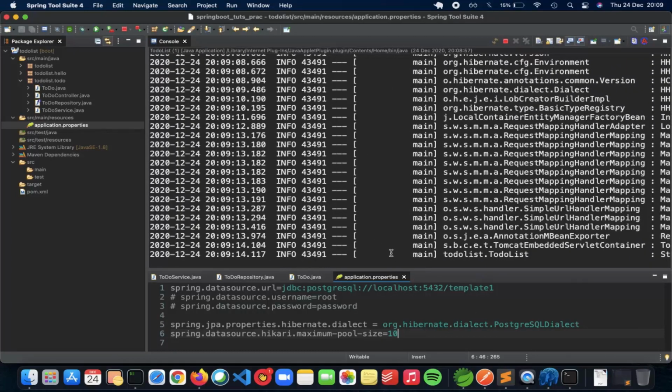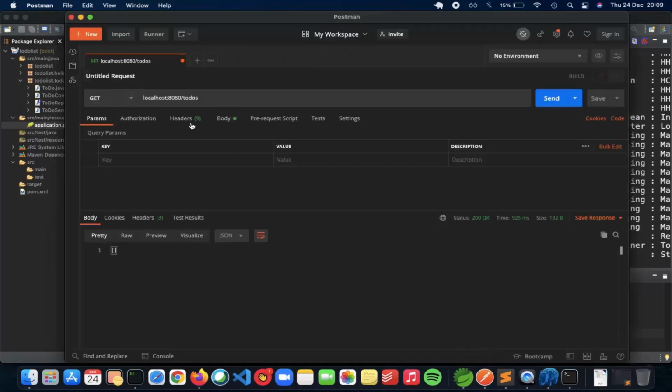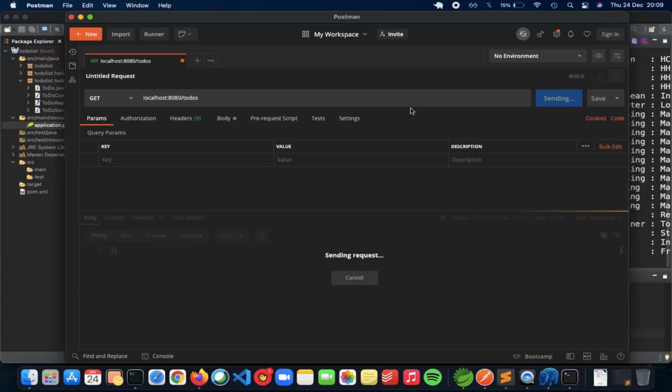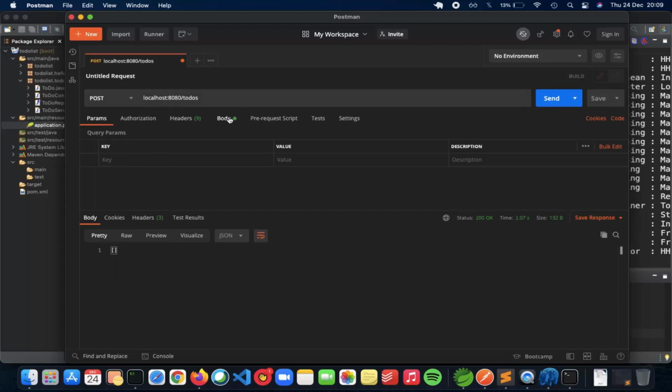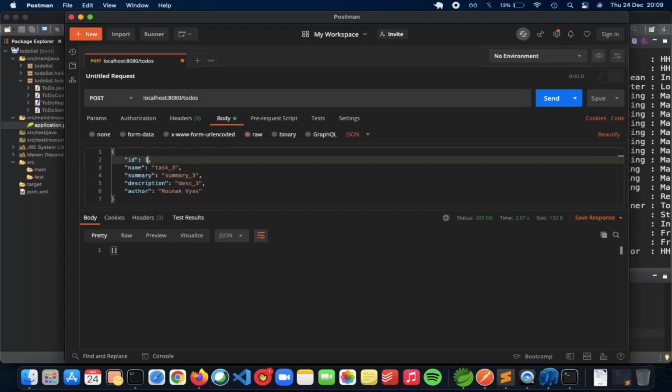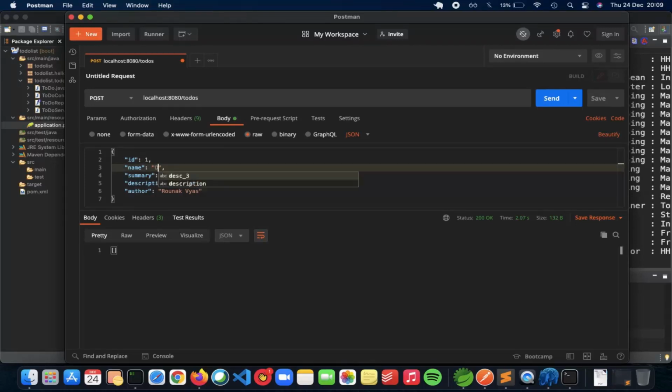So now to check whether our database is working or not, go to Postman, do a GET of to-dos, which should give us an empty list for now. So as you can see, an empty list. So let's add some data. So do a POST body. I will give the ID as 1. Let's have the task as do LeetCode every day,